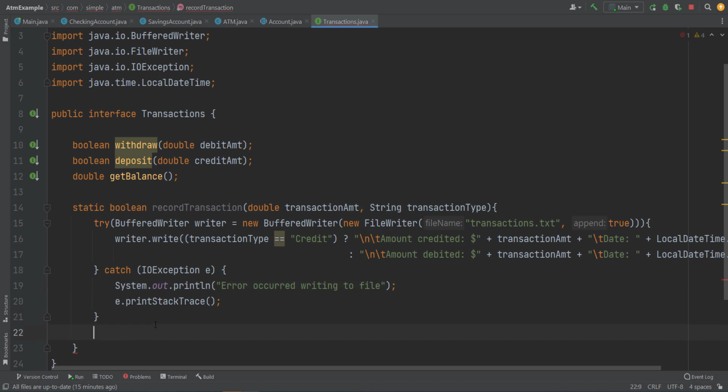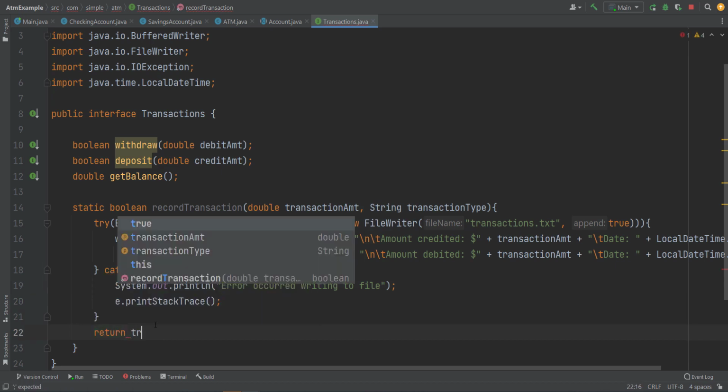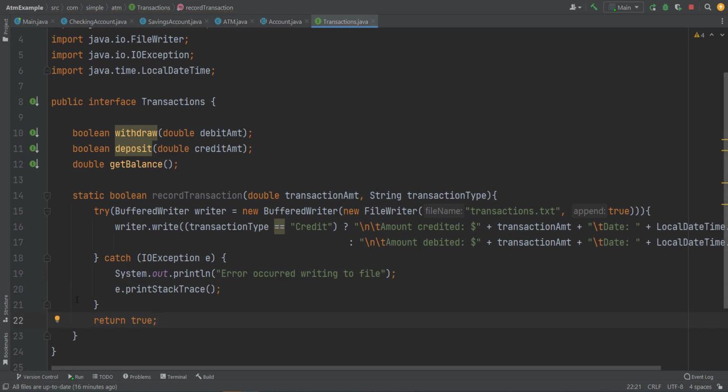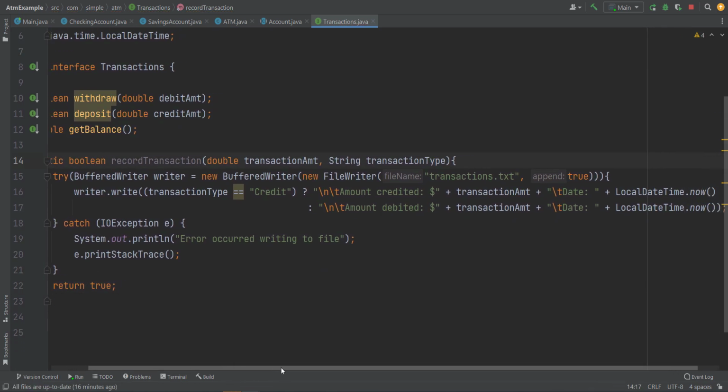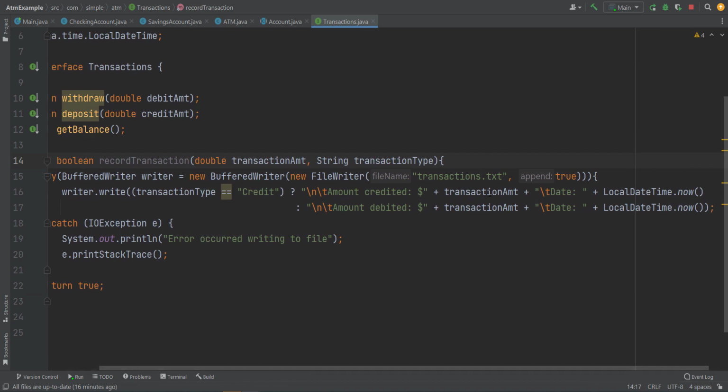And of course, we have to return true, seeing that this is a Boolean method. Okay, so this method will indeed save the transaction amount, the type of transaction, and also the time that the